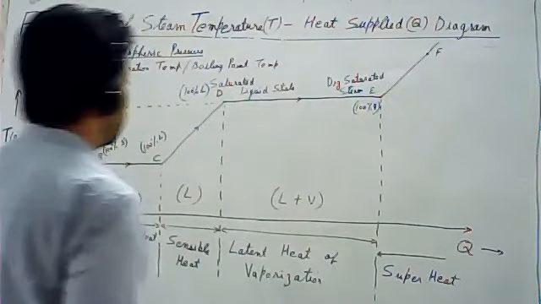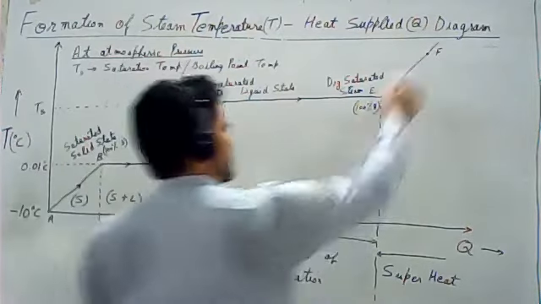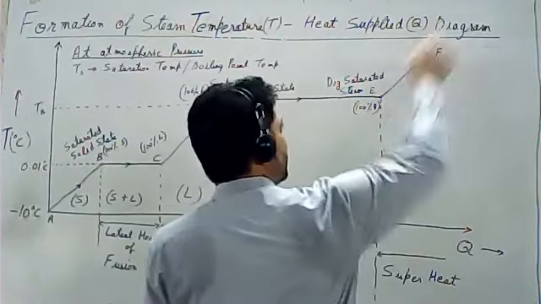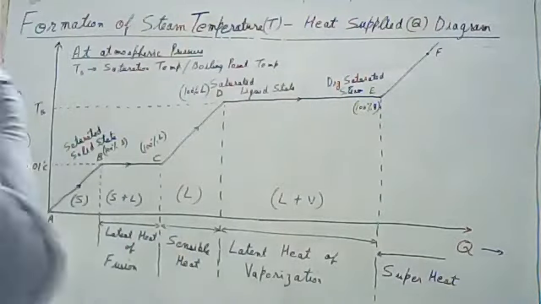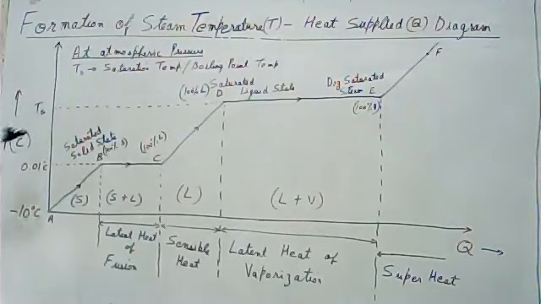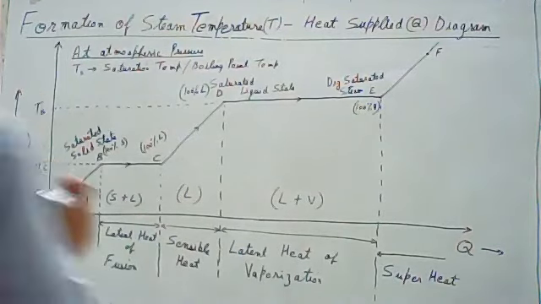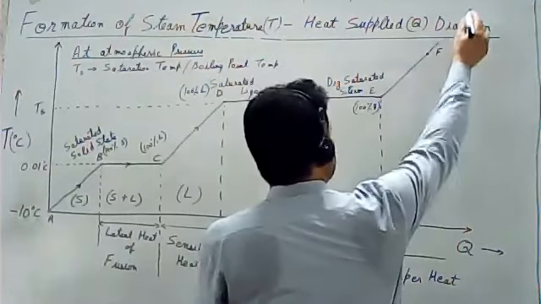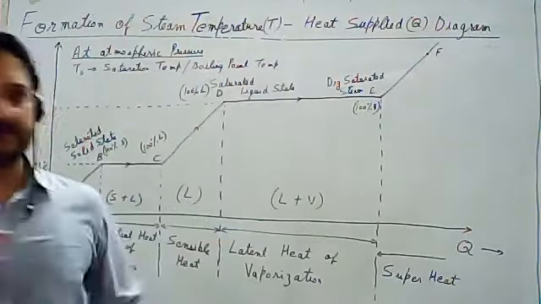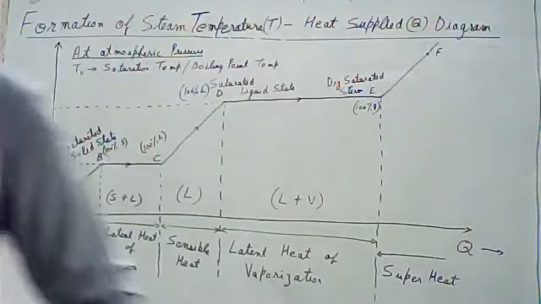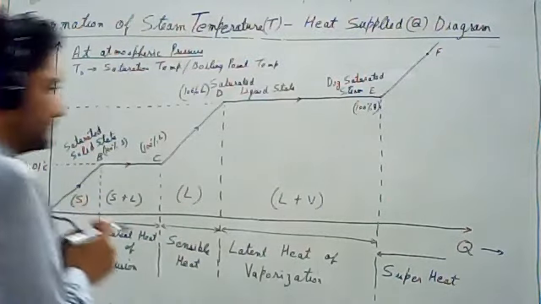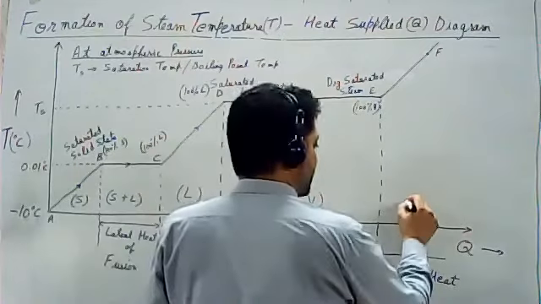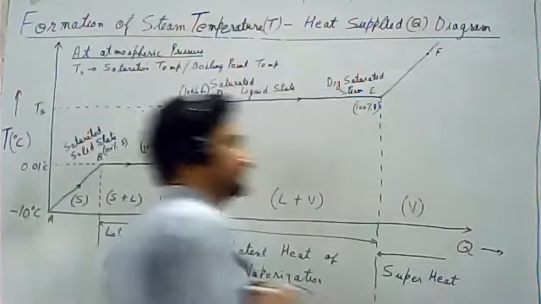This F point can be any point on this graph in the superheated region, depending upon how much heat we provide. The more heat we provide, the farther away F will be on this graph, and the more enthalpy there will be in the steam. With more enthalpy, more work can be taken out from that steam, but the temperature will also increase. This region is 100% vapor.